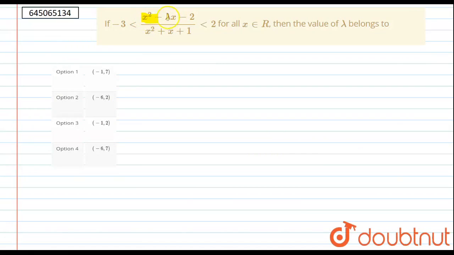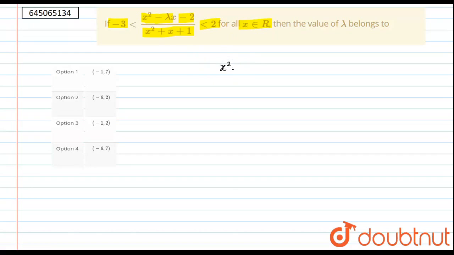The question is that (x square minus lambda x minus 2) upon (x square plus x plus 1) is less than 2 and greater than minus 3 for all real values of x. Then we have to find the value of lambda. So the given inequality is